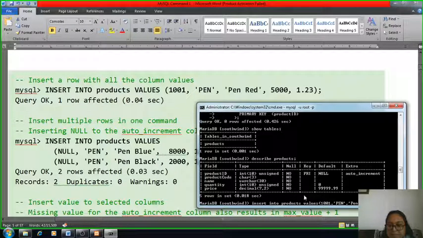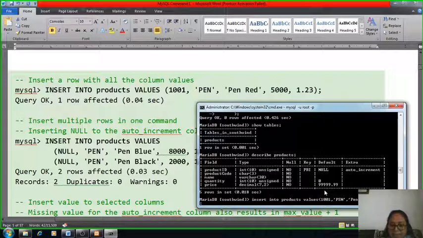Then the quantity is 5000, an integer with maximum length 10, and the decimal is 1.23. If we do not write the price value 1.23, it will take the default value.